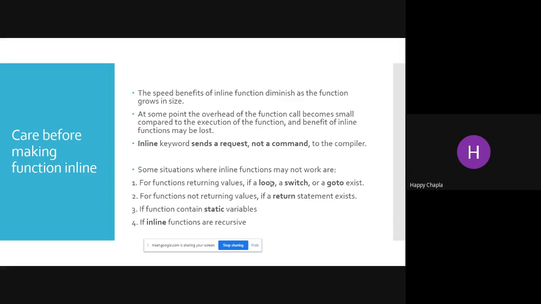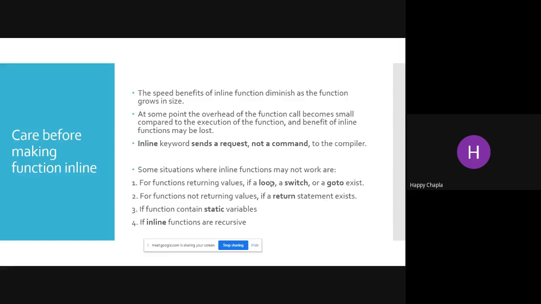In a loop, every time we are jumping to one variable and another, incrementing by one, and again and again, so it will take more time, and we cannot use inline at that time. We cannot use inline with a switch, and we cannot use goto while using inline. Goto will not work with inline. Why?